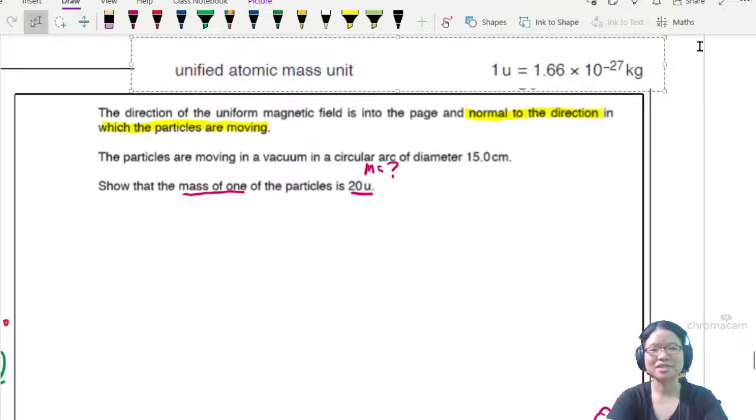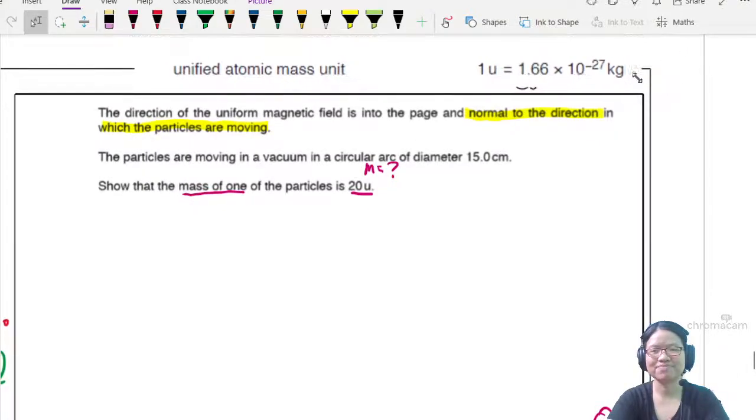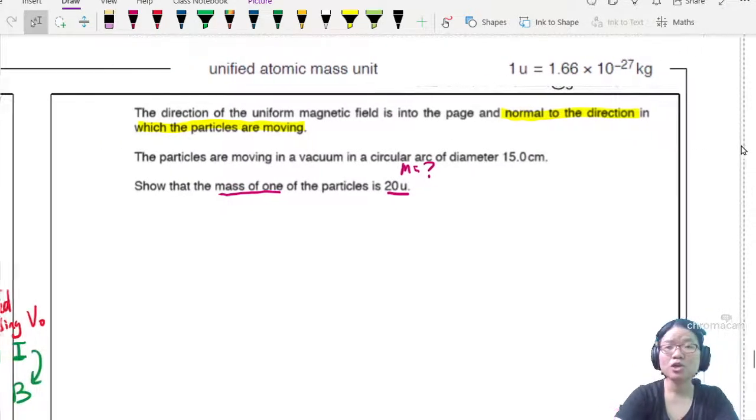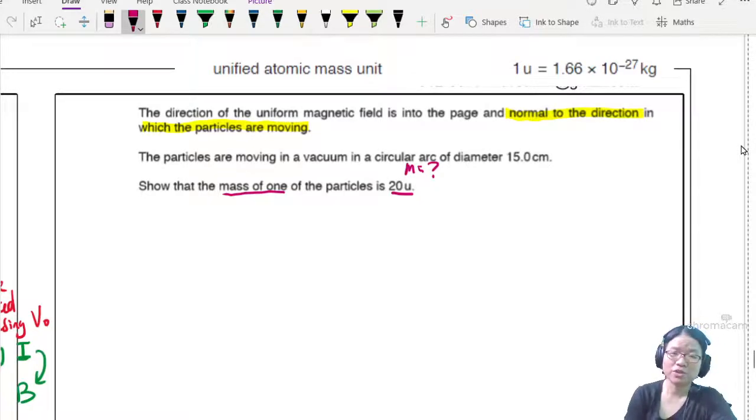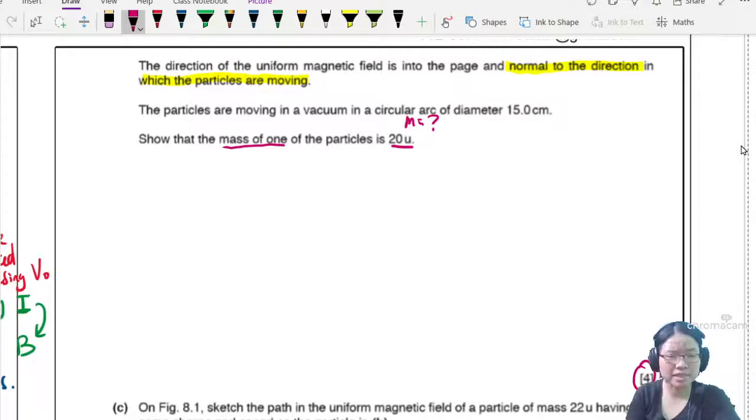Here you can see the atomic mass unit is this value. Very nice. Okay, so we are trying to find whether it's 20 U. I guess I'll settle that one later. Let me find what the exact mass is in kg first. So you could say, for these particles,